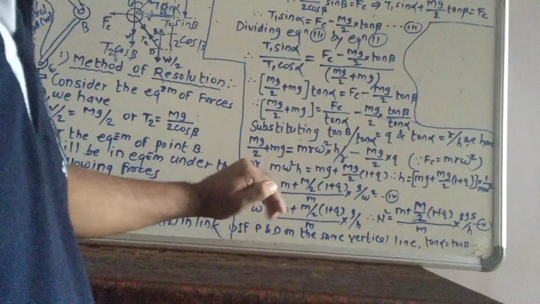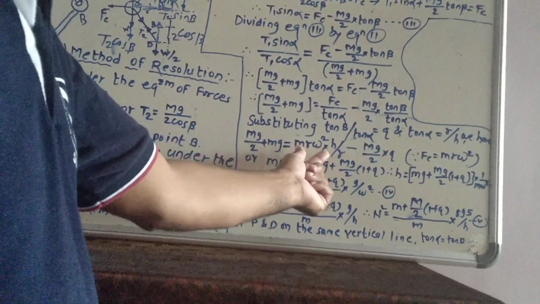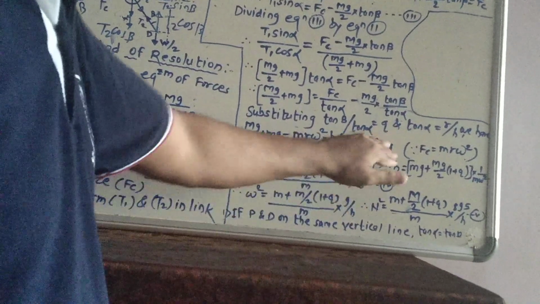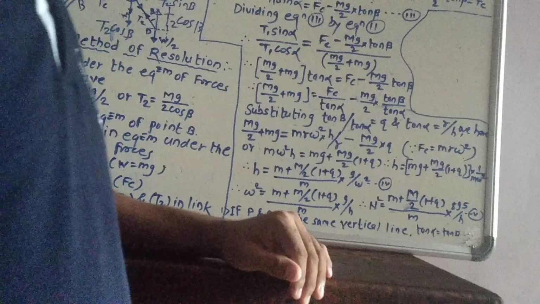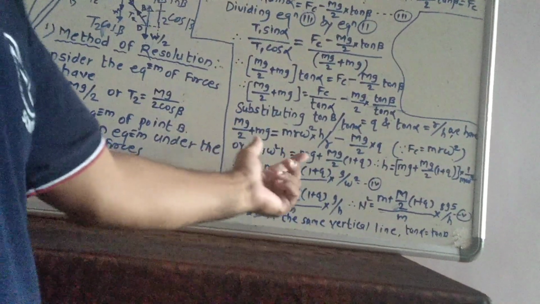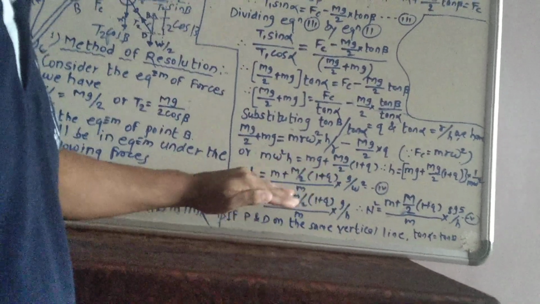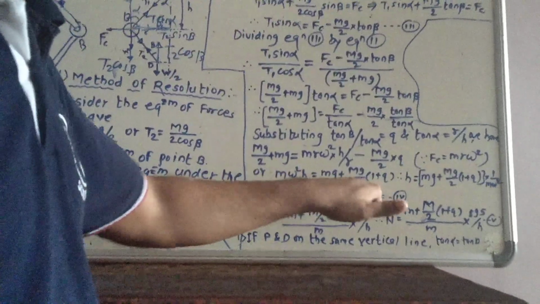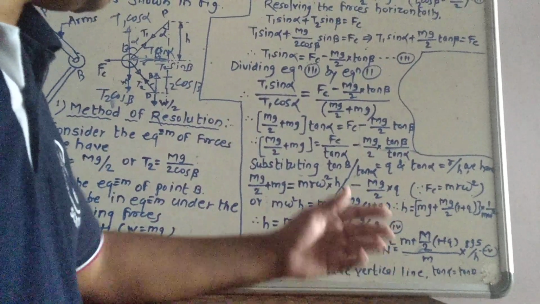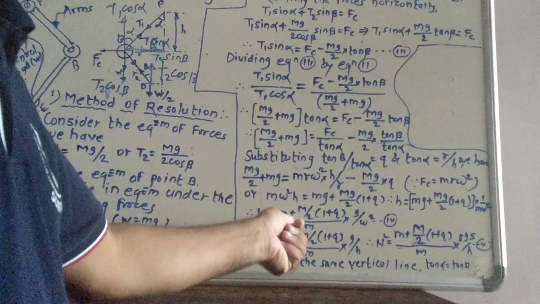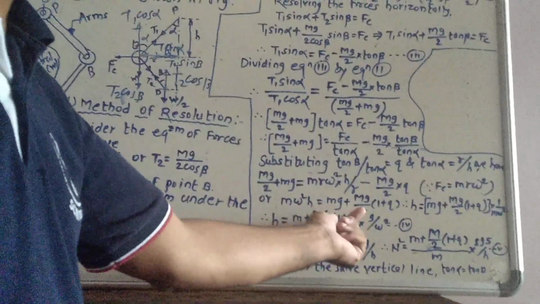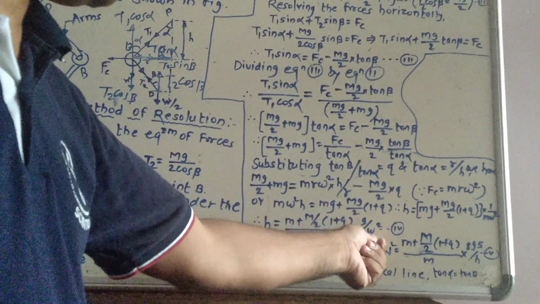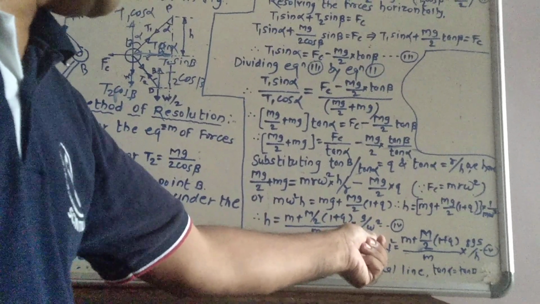Now in the next part, you can get the relation for this m omega square H here, R gets cancelled. Take this term towards the another side. So after simplification, what we get here, you can get the relation for the H. So keep this H here, take this term towards the right side. Okay, so H is nothing but small m plus capital M by 2 into 1 plus Q divided by M multiplied by g divided by omega square term will occur.